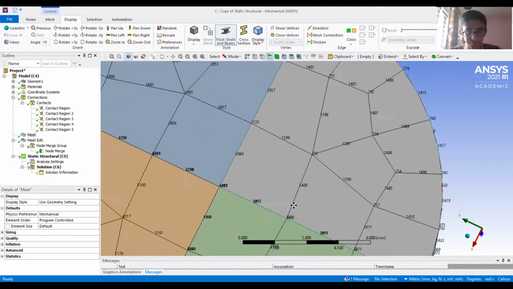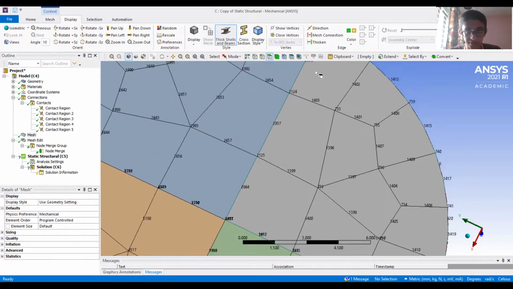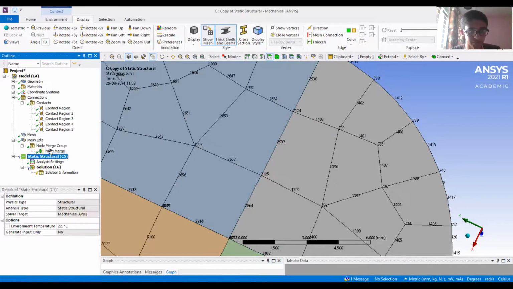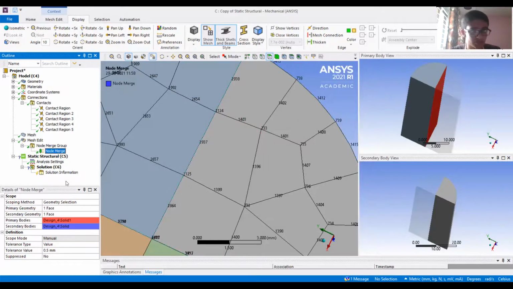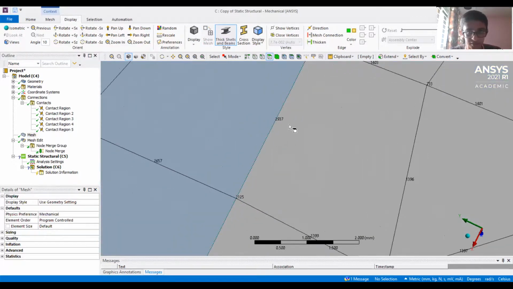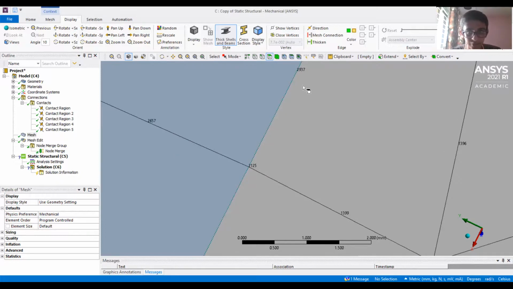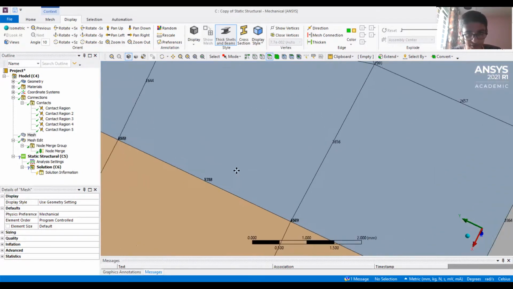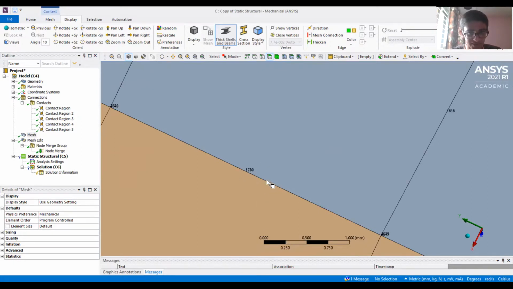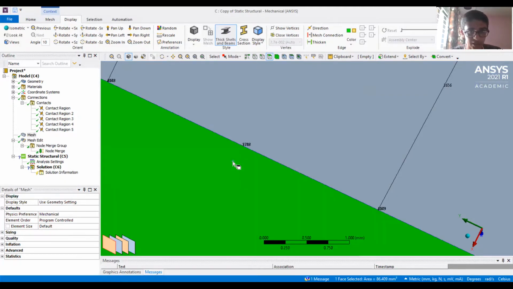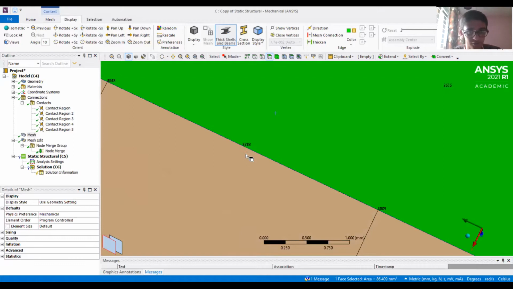Now we can see that since we did the node merging on this face, you remember that, right? We applied the node merging on that face. This is the face. So when I check this mesh, you can see that there is only a single node. So this is 125, or maybe 2125, 2937. So there is only one node at this intersection of faces, but elsewhere there are multiple nodes. Exactly two nodes at this intersection. At each point, there is a node which is a part of this body, and another node which is a part of this body. So there are two nodes at the same location.